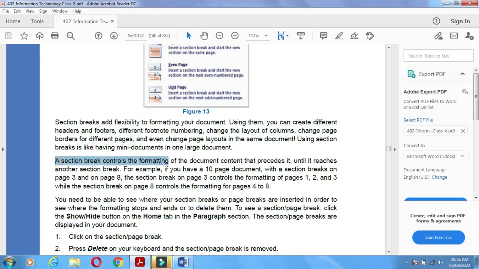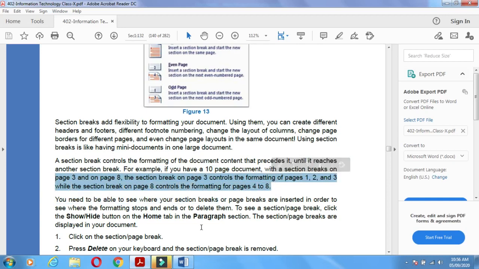A section break controls the formatting and document content that precedes it until it reaches another section break. For example, if you have a 10 pages document with a section break on page 3 and page 8, the section break on page 3 controls the formatting of pages 1, 2, 3, while the section break on page 8 controls the formatting of pages 4 to 8.